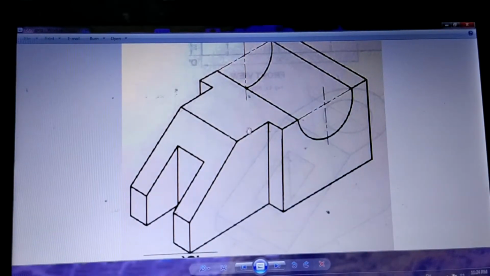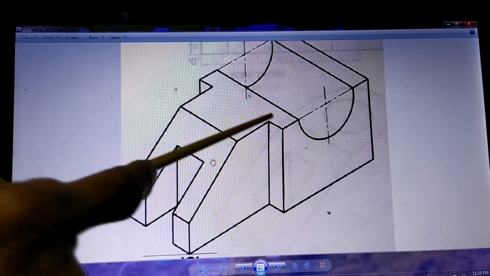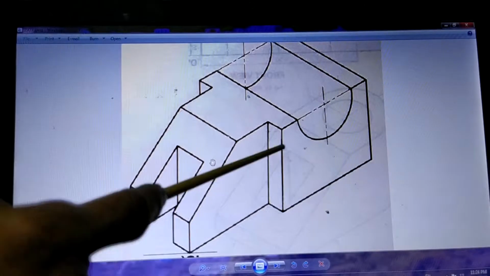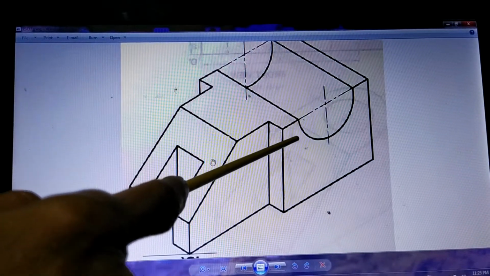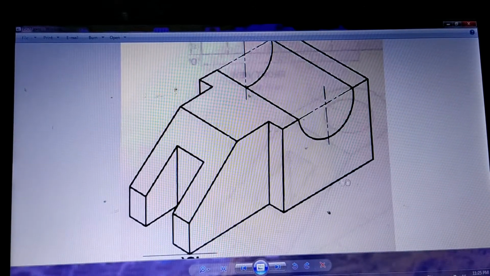Okay, so now we have completed this left side part. Now on the right side part, what you have to do is, this rest of the shape you can draw. You can draw this shape, everything you can draw. But you have to now draw the semicircle. Now how do we draw this semicircle? That I will explain.